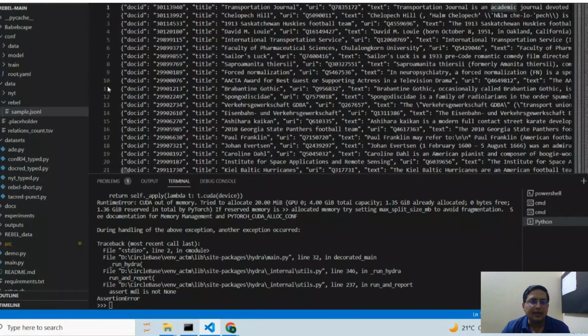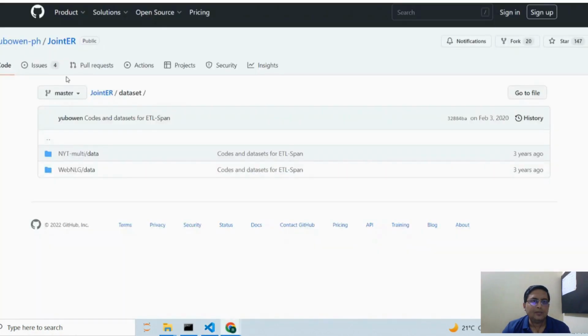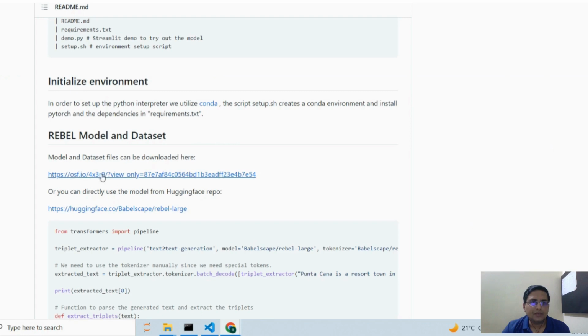And essentially, you'll find that their demo, the Streamlit demo that they have provided, runs on this sample.json. If you need to train it on the original data, then again, please download it from this repo. So you can download the model and the dataset files from here,